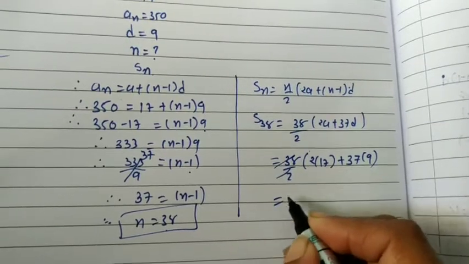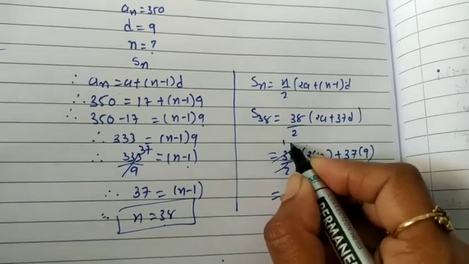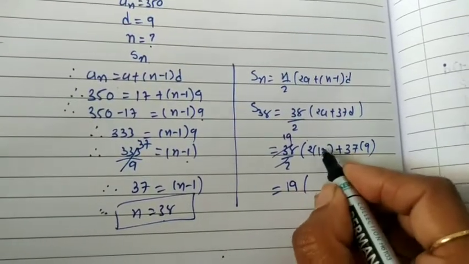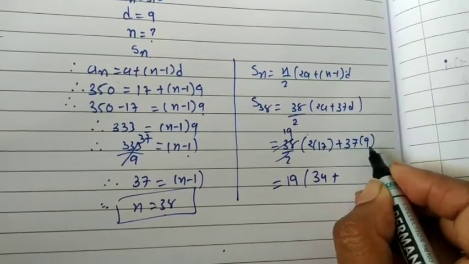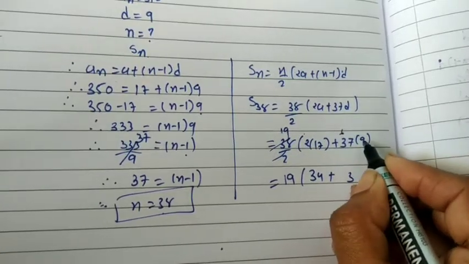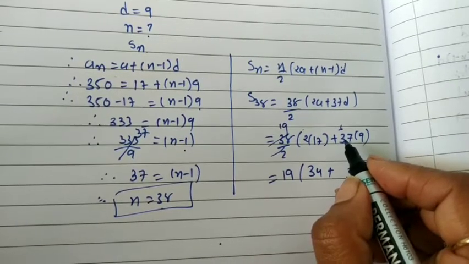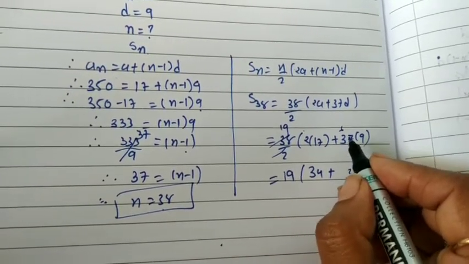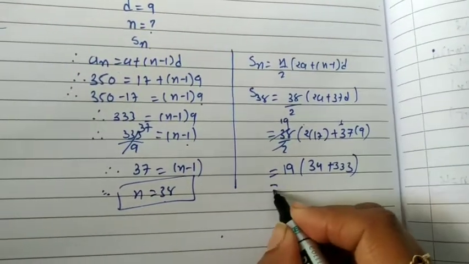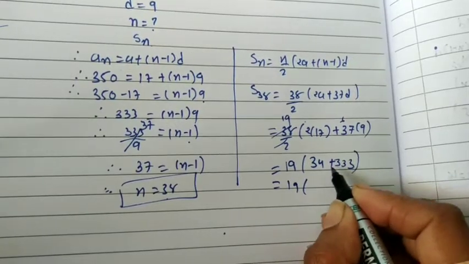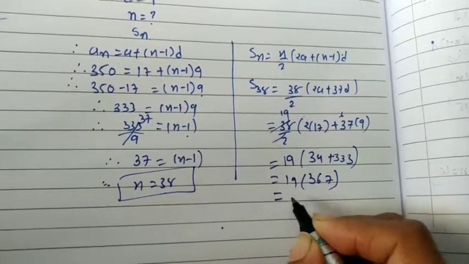So let us reduce this. 2 nineteens are 38, so we will write 19 like this. Here 2 into 17 will become 34. Let us multiply 37 into 9. 9 sevens are 63, 9 threes are 27. So here again we got this. Let us add it and multiply it. So it will become 763. Okay. Now